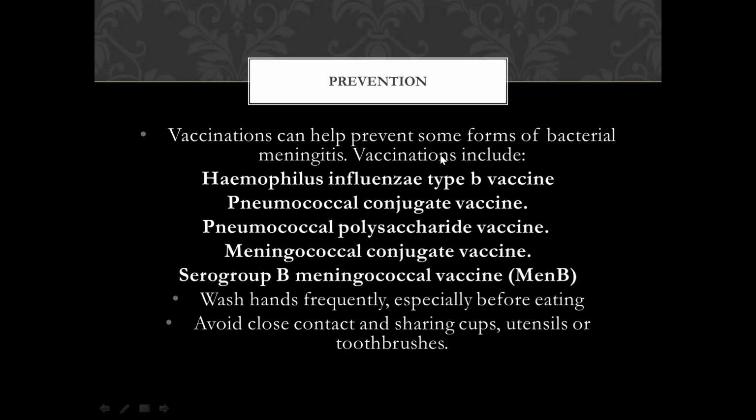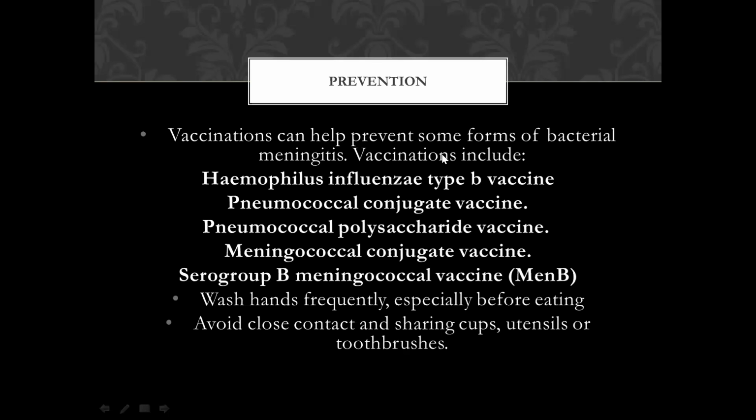How can you prevent it? You can prevent it by vaccination. Vaccination, very, very important. So as nurses, you educate your patients, let them take vaccine to prevent all this. Or you have someone that is traveling to an area that is overcrowded, they should have this what? They should have meningitis vaccine. Very, very important. Vaccinations include Haemophilus influenzae type B, pneumococcal conjugate vaccine, pneumococcal polysaccharide vaccine, meningococcal conjugate vaccine, serogroup B